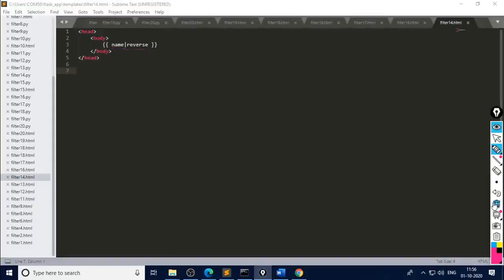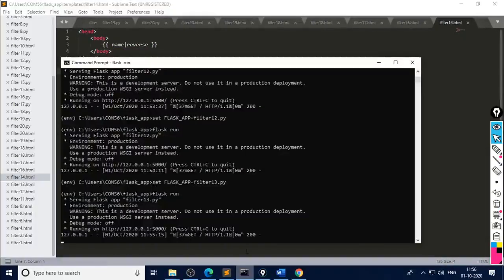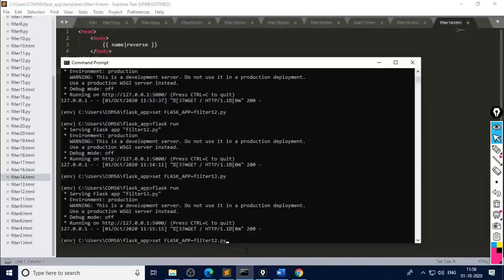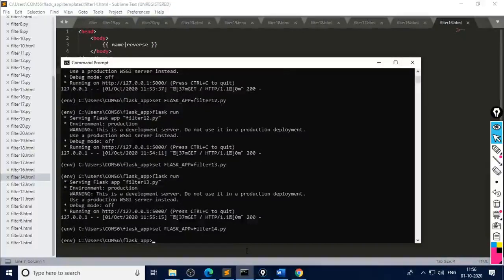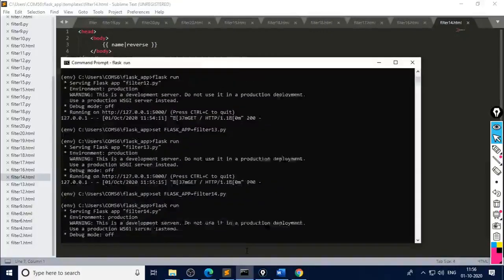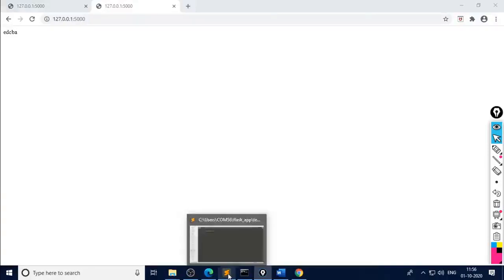Let us see how it works. Run this one, filter 14.py. Flask run, the same URL is there, refresh this. It gives you the reverse of the entered string, EDCBA. So with the help of the reverse filter, we can reverse the given string.